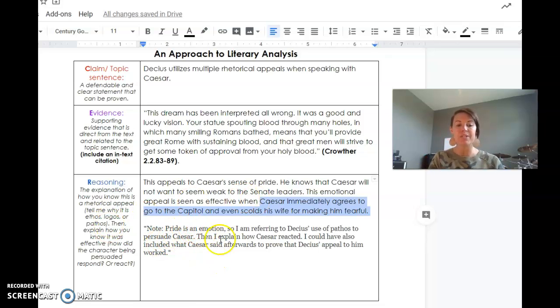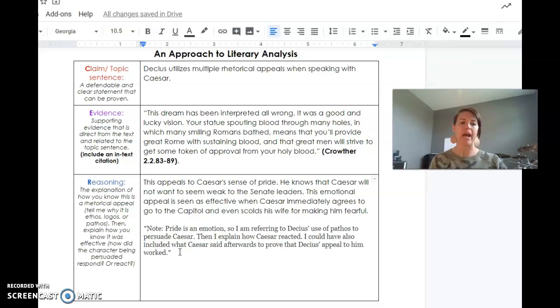So I've made a note down here at the bottom that pride is an emotion. So I'm referring to Decius' use of pathos to persuade Caesar. So I didn't say pathos in my topic sentence, but I most definitely could have. And then I explained how Caesar reacted. I could have also included a quote of what Caesar said afterwards. So I could have pulled from the text and used another in-text citation, but I just chose to summarize